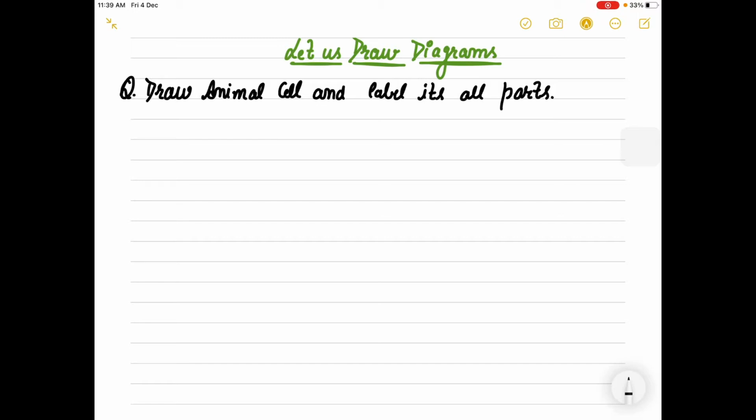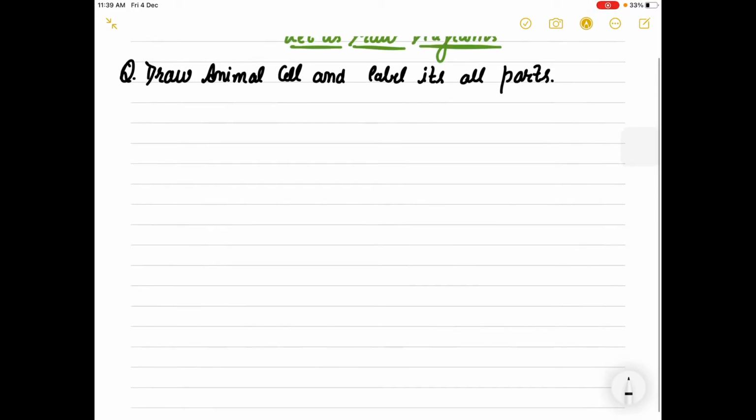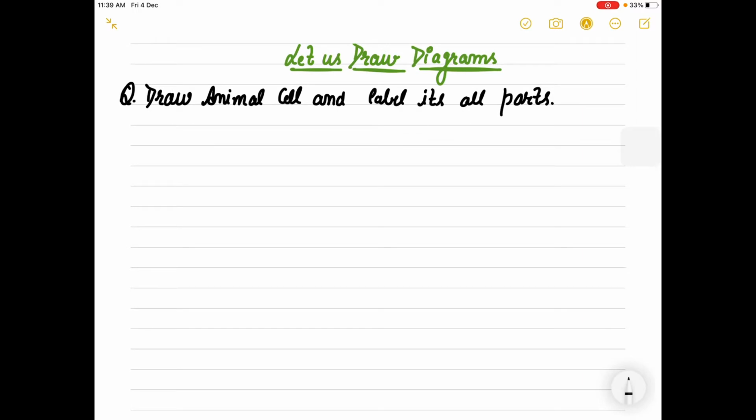I hope that you are taking care of yourself very well as you are revising the chapter Cell also. We have revised it at a very slow speed, and now I think you should be confident in solving each and every question from this chapter. Continuing with drawing the diagrams, today I am taking the rest of the diagrams which were pending.